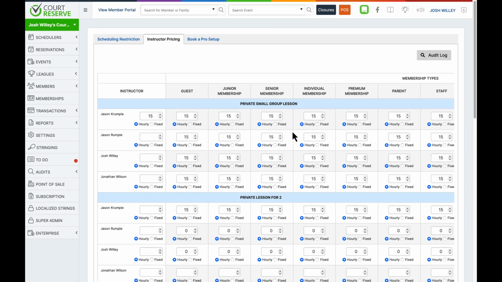All right, so next I will be going over the Book a Pro setup and how to create that Book a Pro scheduler. So by default in CourtReserve, members will not be able to book lessons from their account on the member portal. That's going to be something that can only be booked from the admin side. But if you would like to give members the ability to book lessons, we will need to set up a